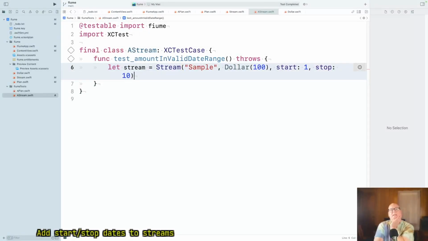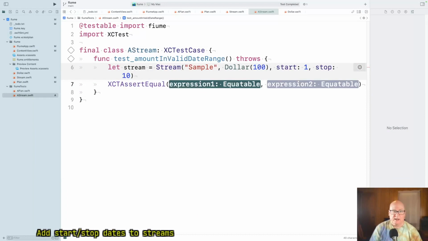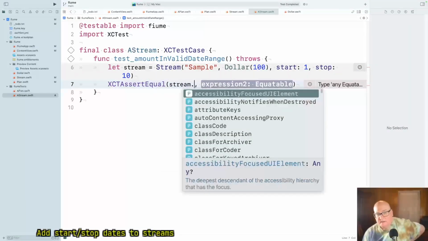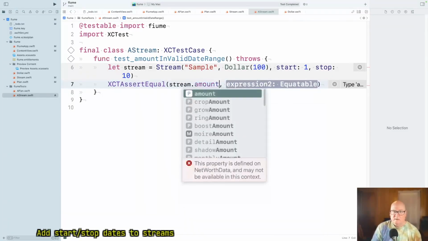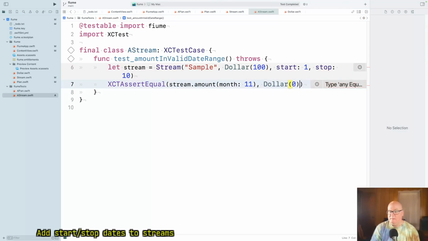I guess I'm saying that's the last month that does it. Okay. And then if you ask me what its amount is in month 11, then that should be $0.